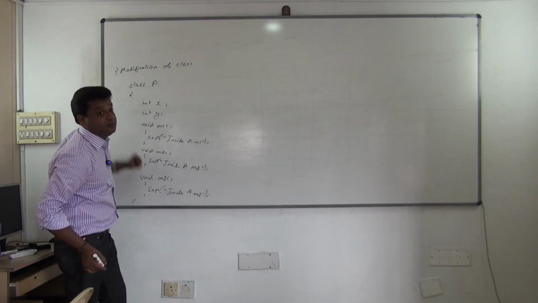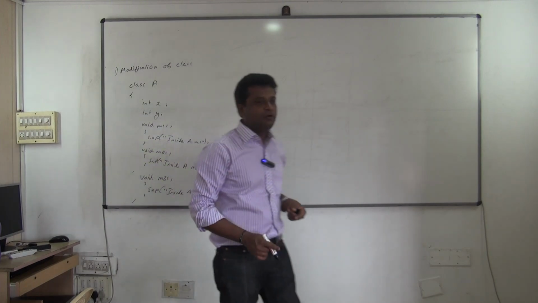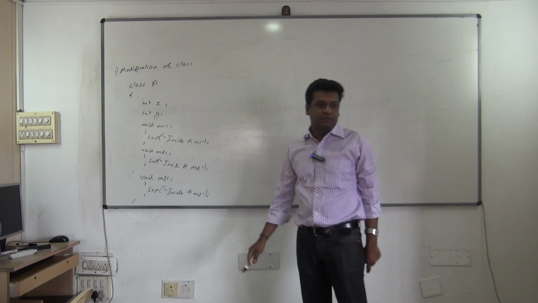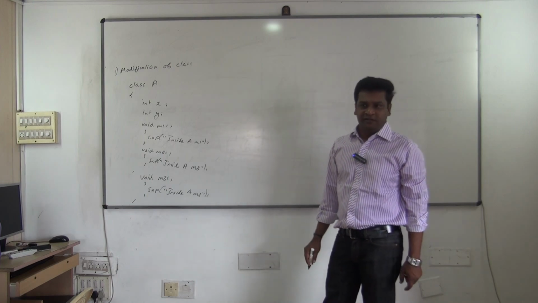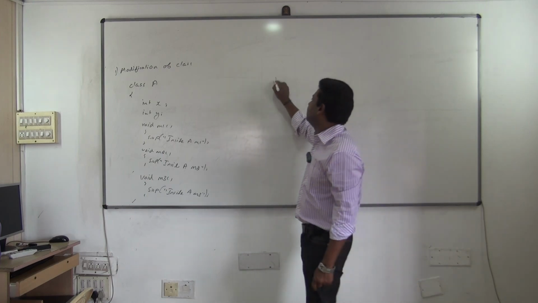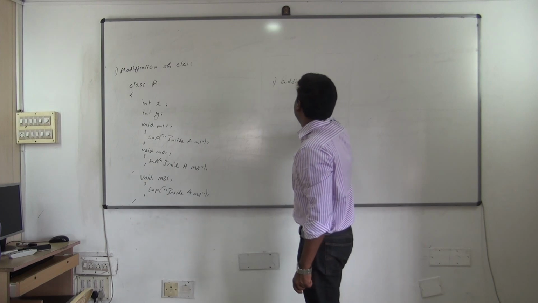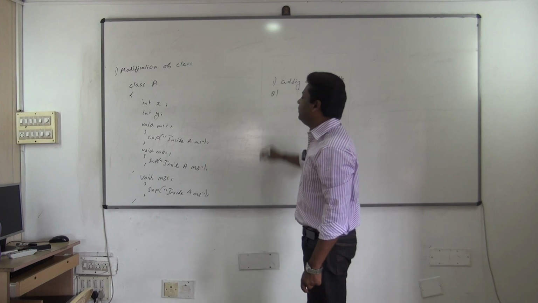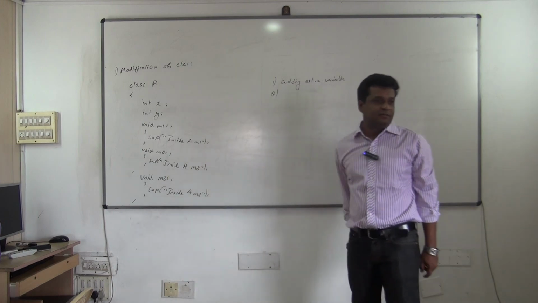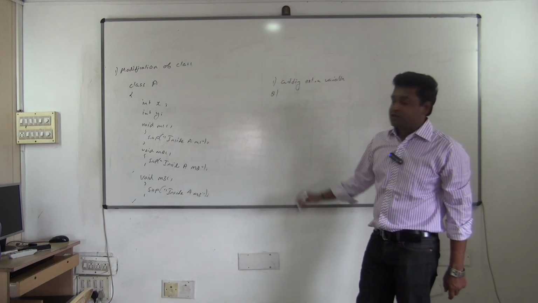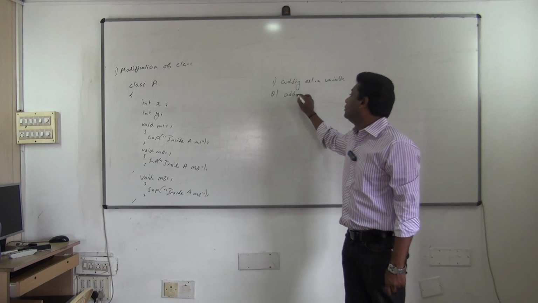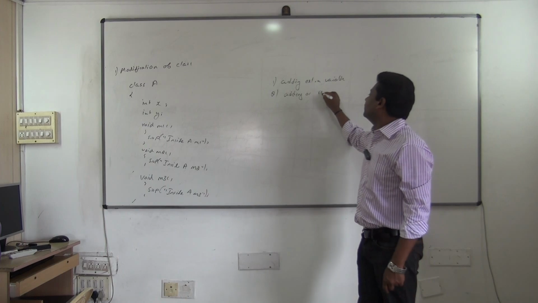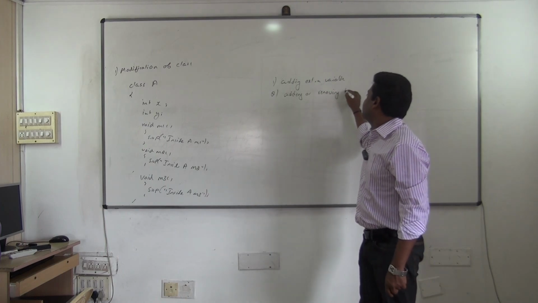The different modifications we might require are, one would be, I might need to add an extra variable. That is one kind of modification. Understood? One modification would be adding an extra variable. Other modification would be adding an extra method. Understood? Adding or removing the